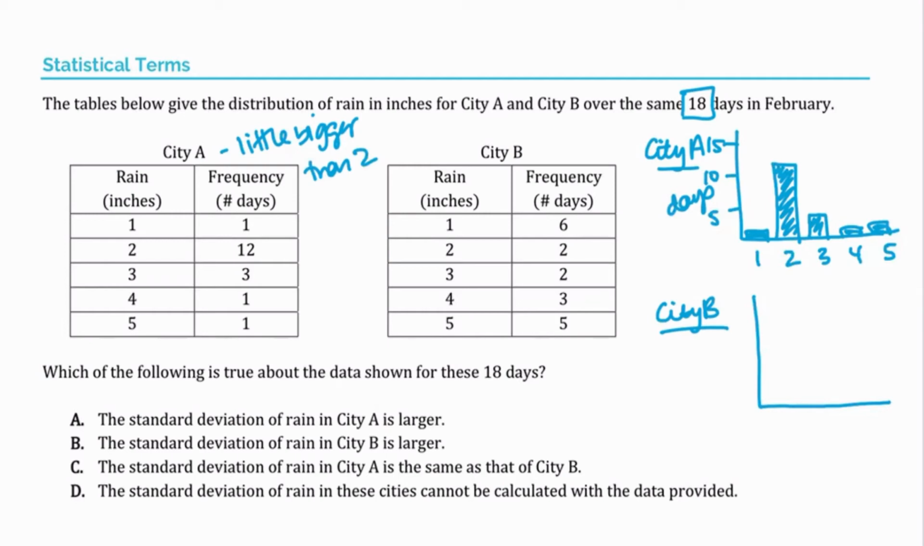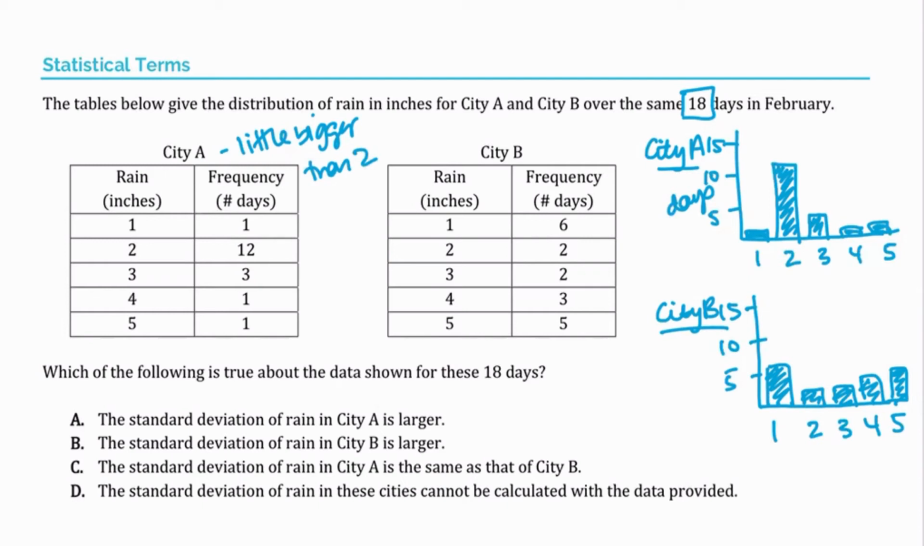Now let's see what happens in city B. So I'm going to use the same 1, 2, 3, 4, 5. I'm going to use my same 5, 10, 15. So what do we have? 1 inch happens 6 times, so I'll do a little bit above 5. Then we've got a 2, and then a 2, and then a 3, and then a 5. I didn't do the best job with that, but anyway,